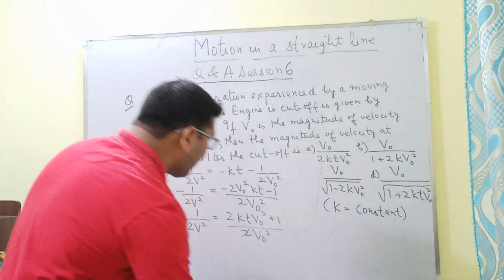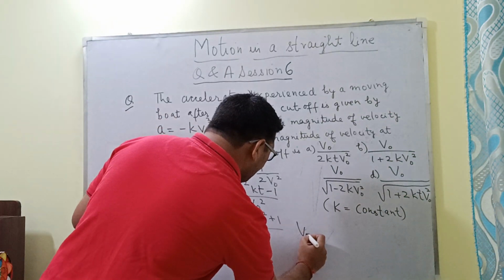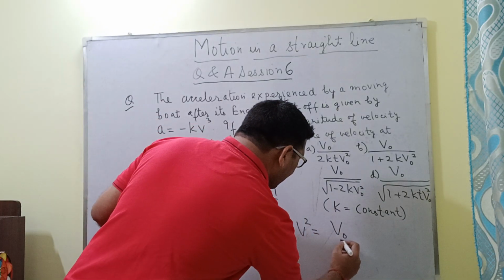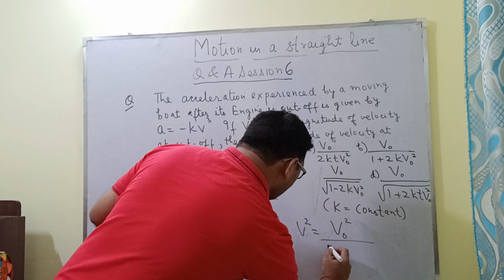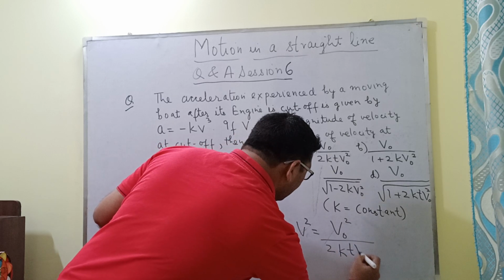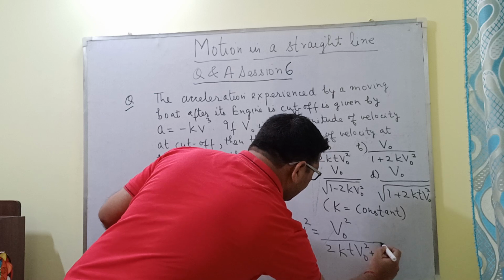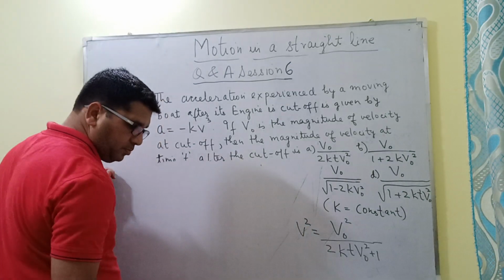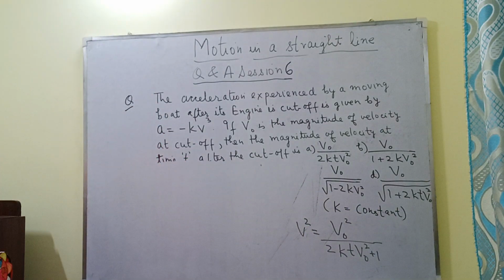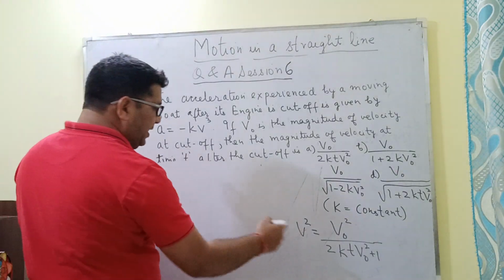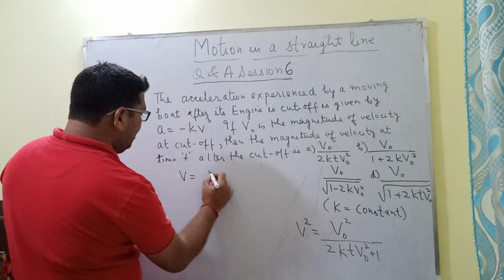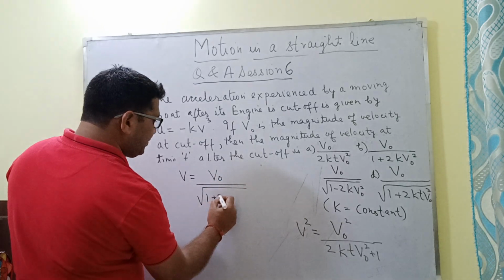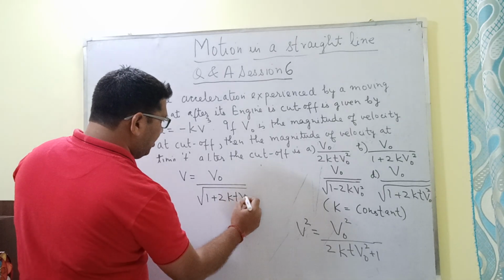So finally, here I am getting that v square is equal to v naught square divided by 2 kt v square plus 1. Or simply we can say that v will be equal to v naught divided by 1 plus 2 kt v square,